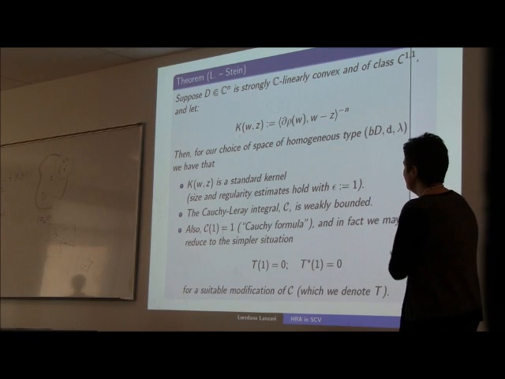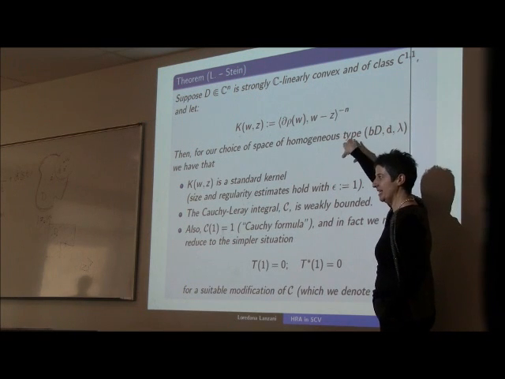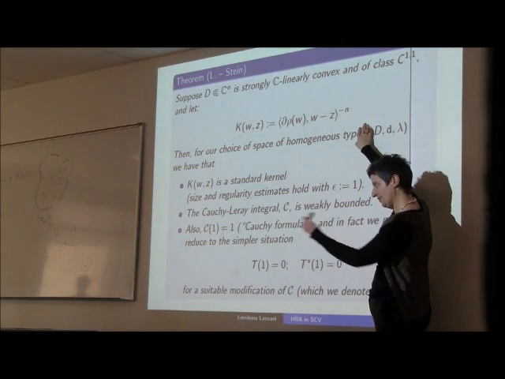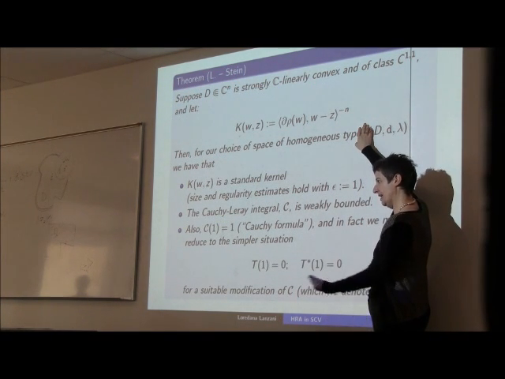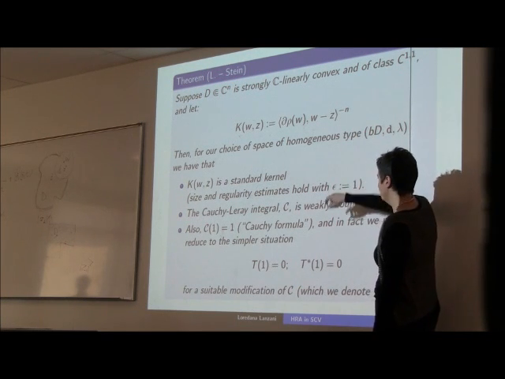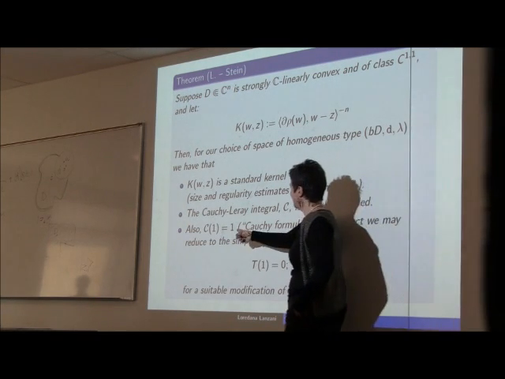So back to our setting, what kernel are we going to work with? We're going to work with 1 over the denominator of the Cauchy-Leray kernel. It turns out that this kernel has the properties you need to satisfy Coifman's theorem that we had in the previous slide: estimates with absolute value equal to 1, weak boundedness, and as far as the cancellation conditions, here